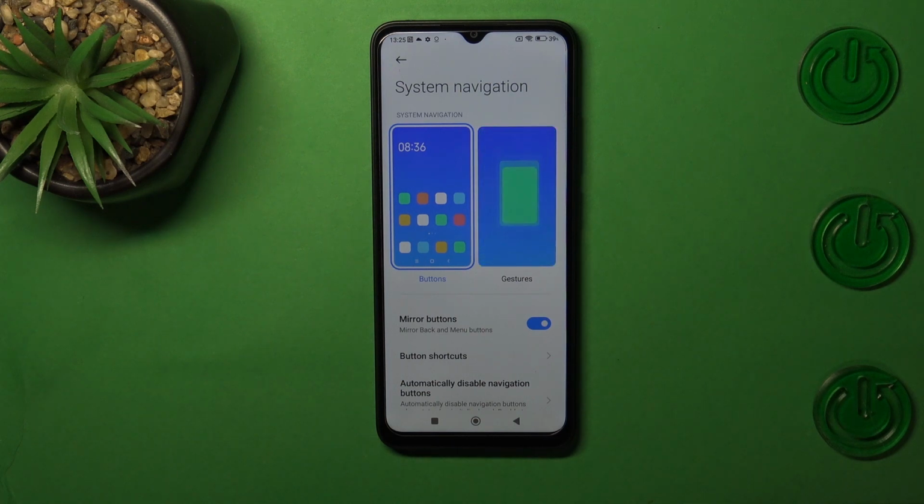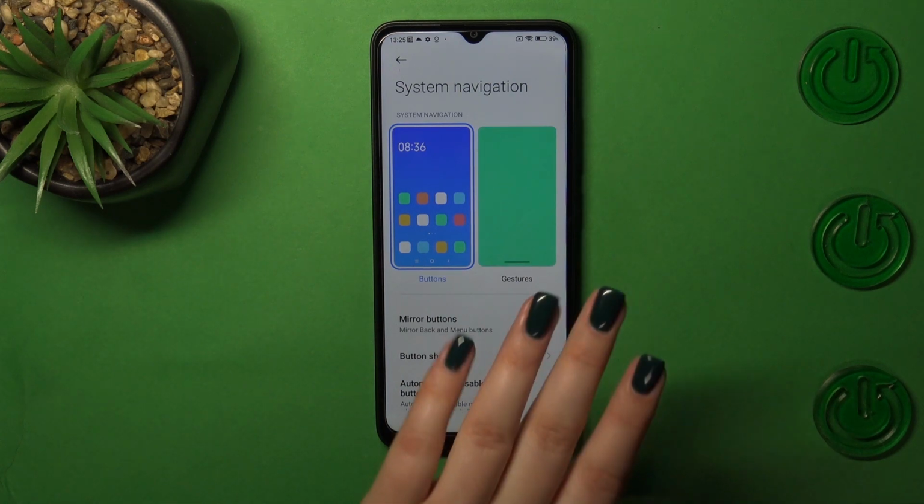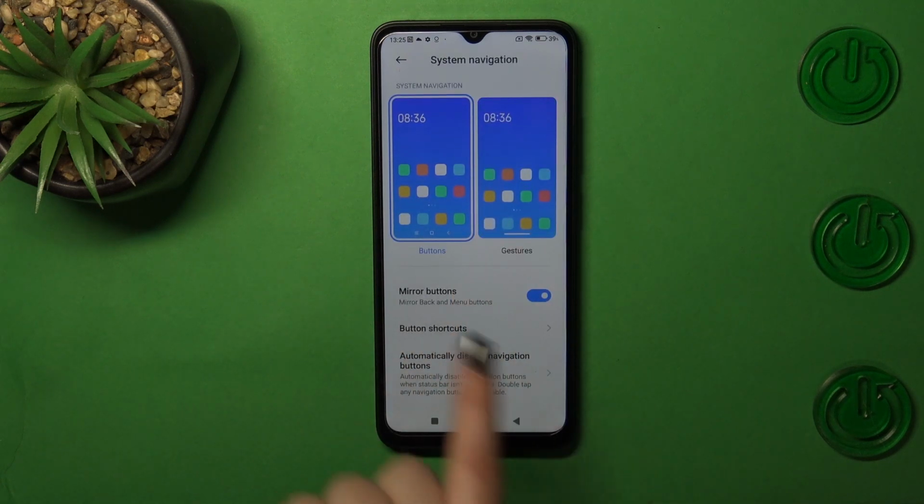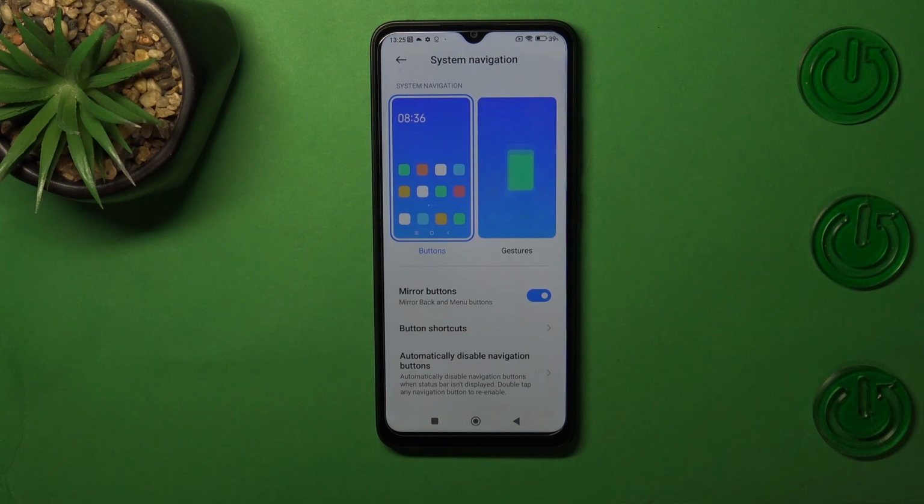to use them. If you want to set the gestures you will have to just tap on this section, and I will do it later on. Just a quick disclaimer about this section, because as you can see here we've got some options which are connected to the buttons, and I really think that it may be useful if you will decide that you want to